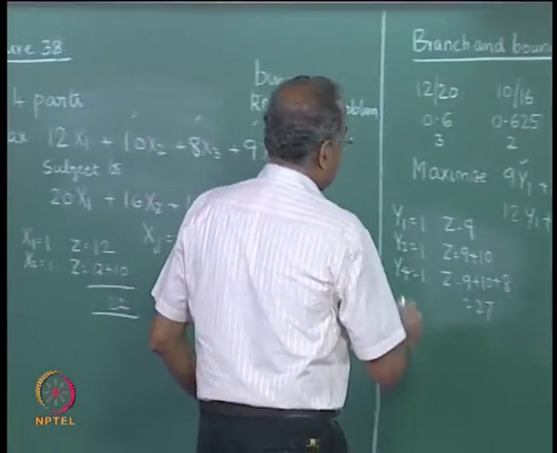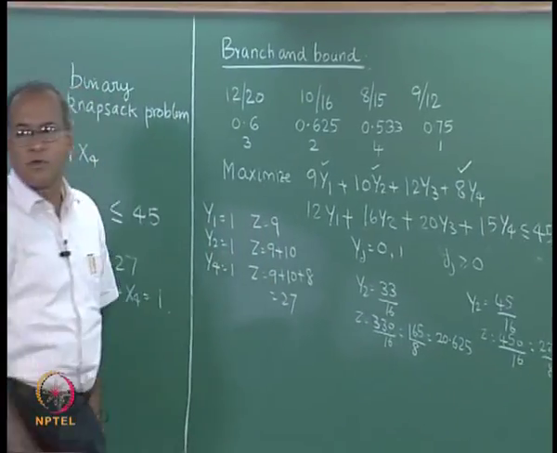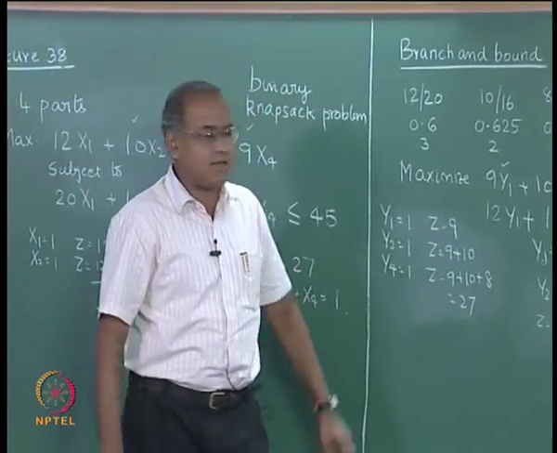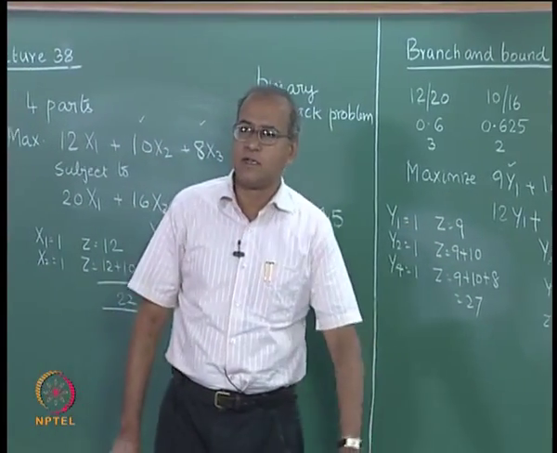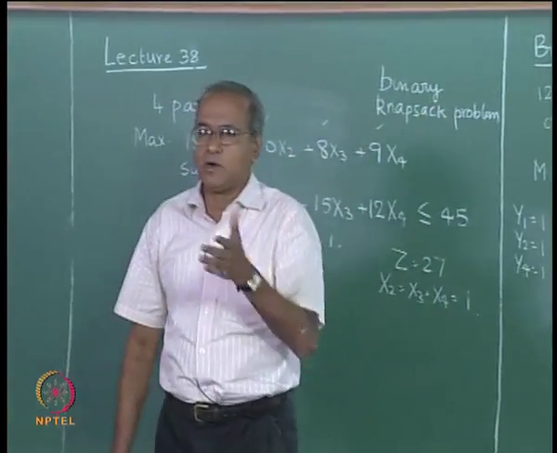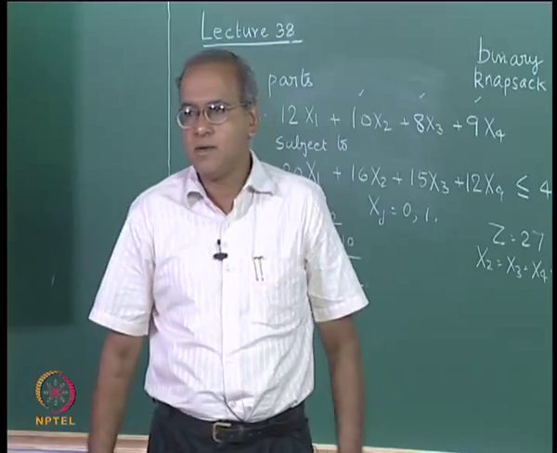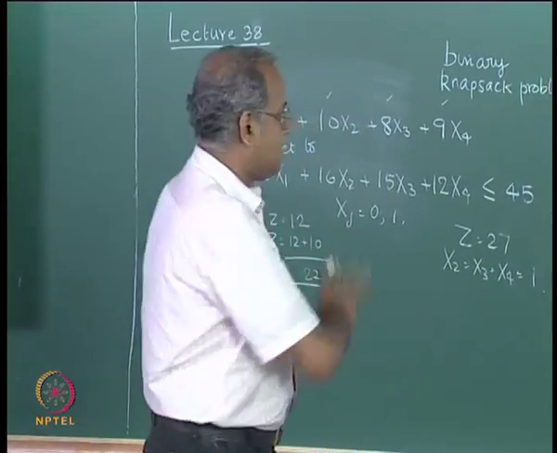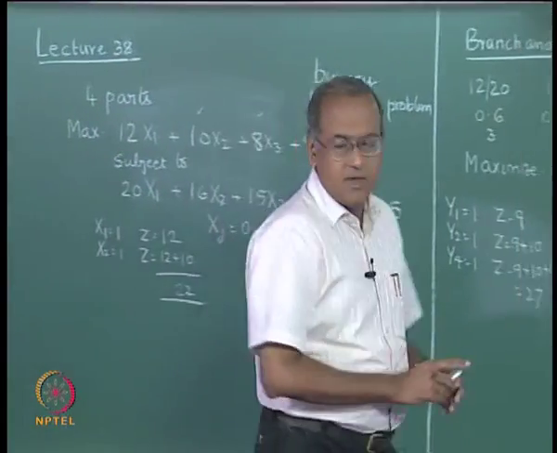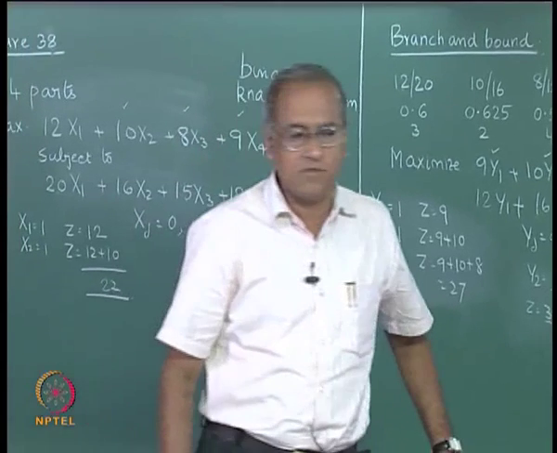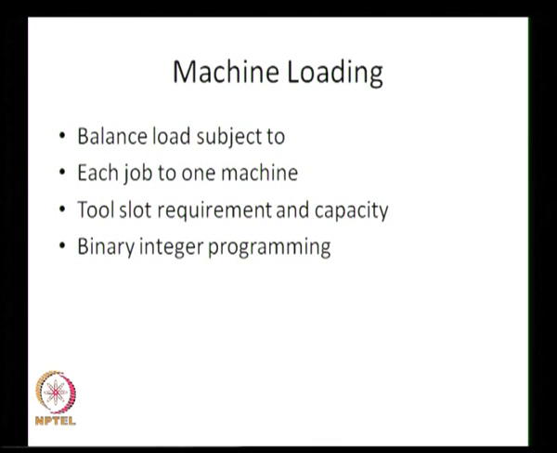So, this heuristic need not give us the optimum solution all the time, but nevertheless it is a very effective heuristic, particularly when we take into account the ratios and the order of the variables based on that. So, this is how the part selection problem is solved in flexible manufacturing systems.